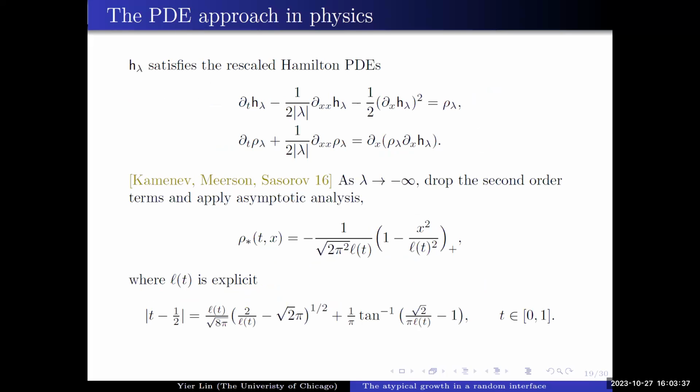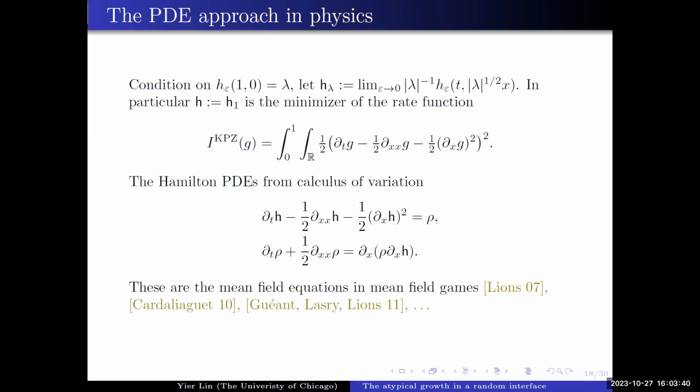When you just let the noise go to 0 with a fixed lambda, okay? Then the shape actually, okay, I'm just going to let lambda be 1 because for general lambda, there will be some scaling. So this limiting shape, it's actually the minimizer of the rate function of this large deviation of the KPZ equation. Okay. Of course, with certain condition at the terminal location. So when you want to find the minimizer, now you look at this rate function and you want to understand what is the minimizer of the rate function.